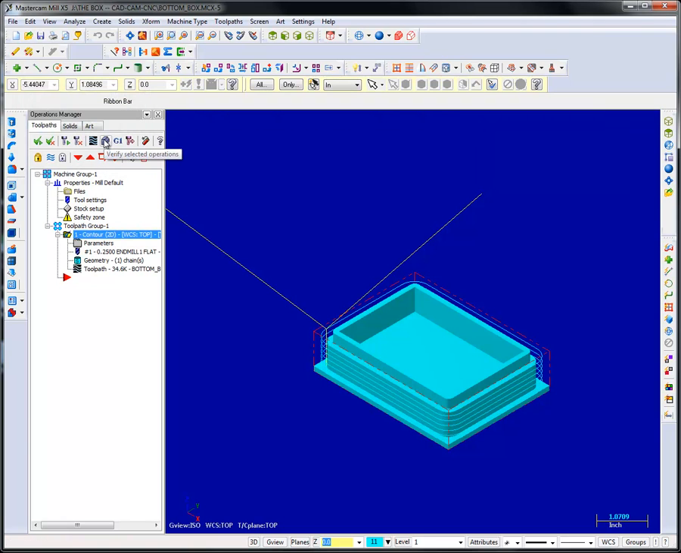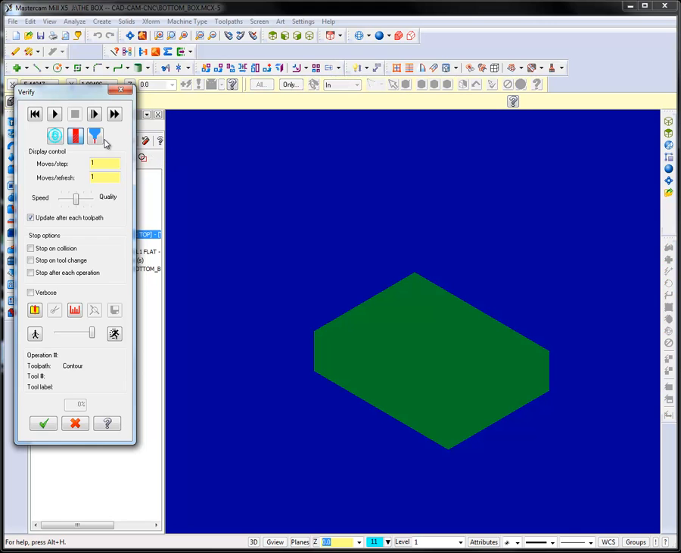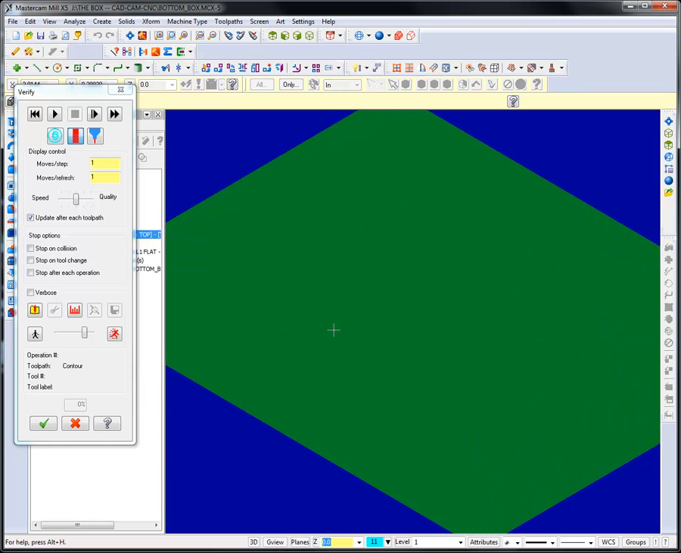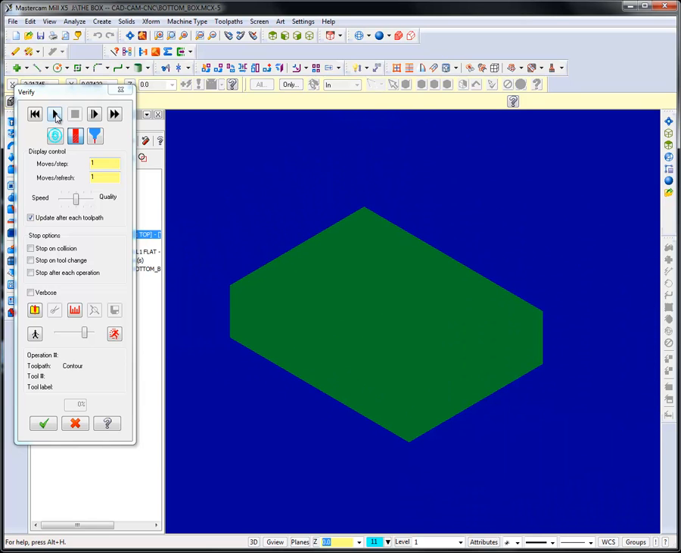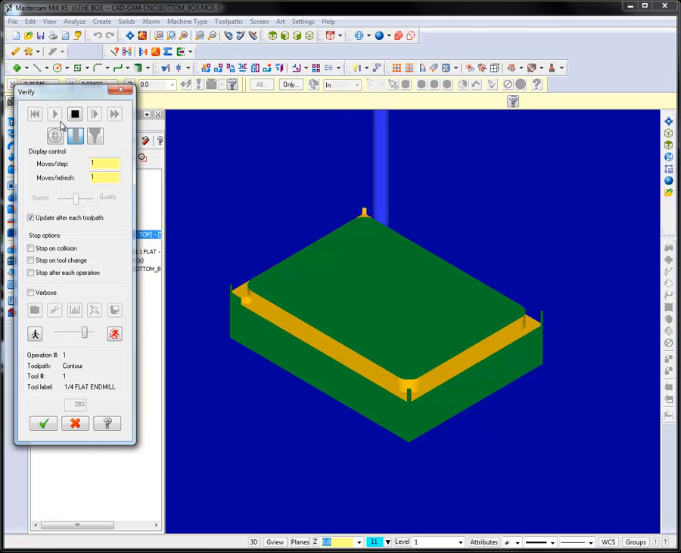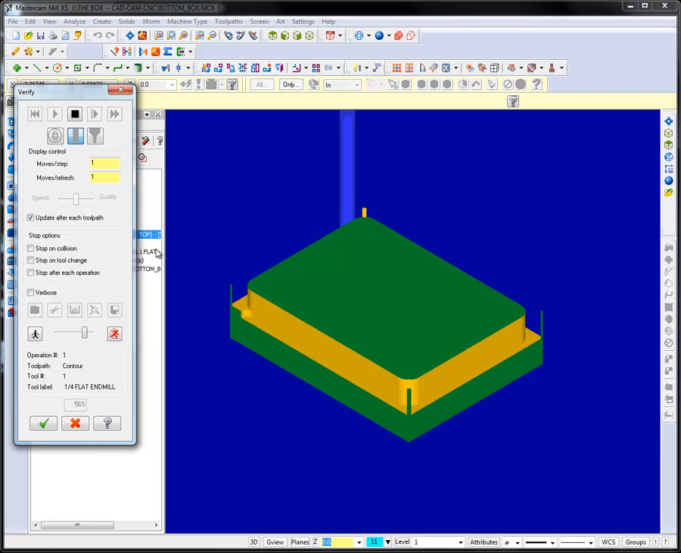Let's do a verify. Slow it down a little bit. Make it a little bigger, maybe not quite that big, and we'll go through. And you can see that it is taking away that outer edge. It's only 1/8 of an inch in. We have 1/8 of an inch diameter end